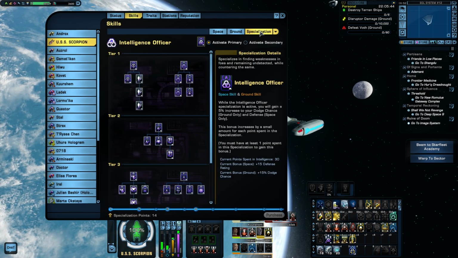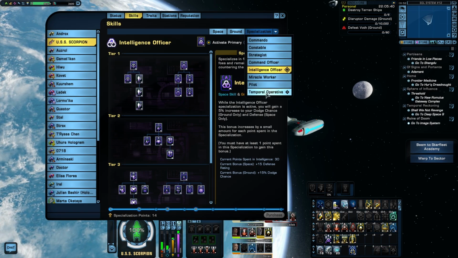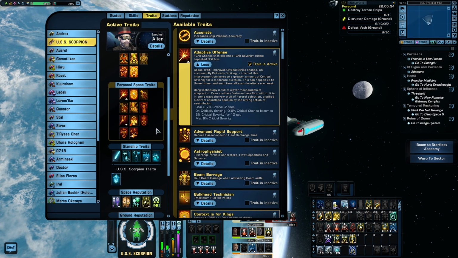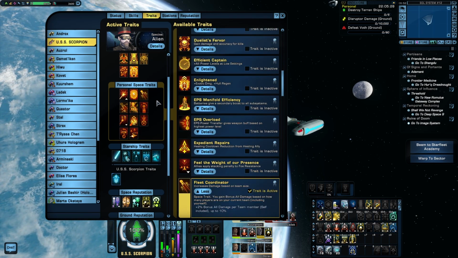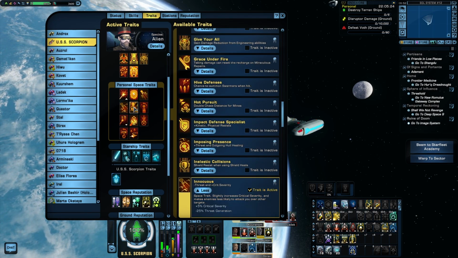My specializations as usual are Intel Officer for the sake of space flanking, and Temporal as my secondary to gain Entropic Rider. For the personal traits, first I am using Adept of Offense for the crit chance buff that turns into a crit severity buff and then back, Context is for Kings for the bonus damage buff, Fleet Coordinator for the bonus damage buff based on my team size, Innocuous for the crit severity and the reduced threat generation, Inspirational Leader